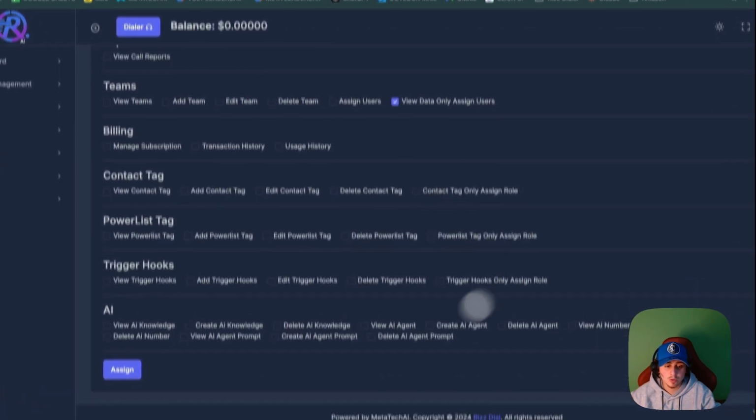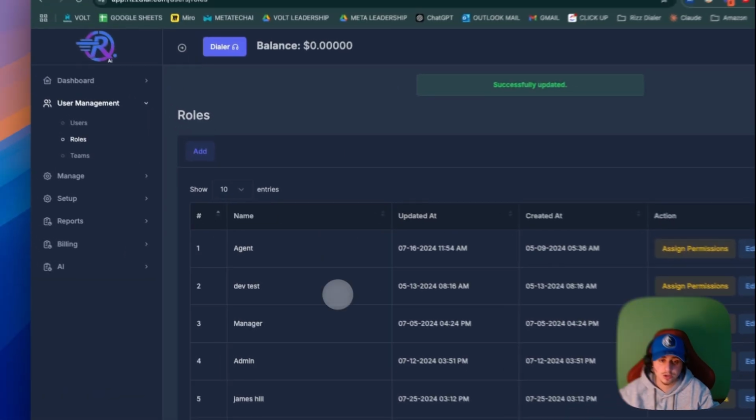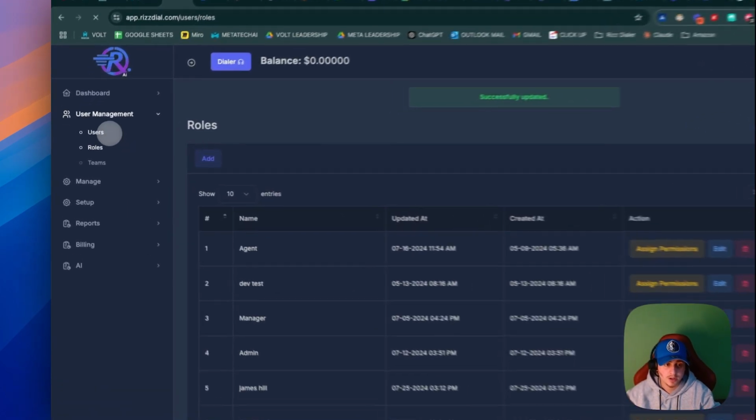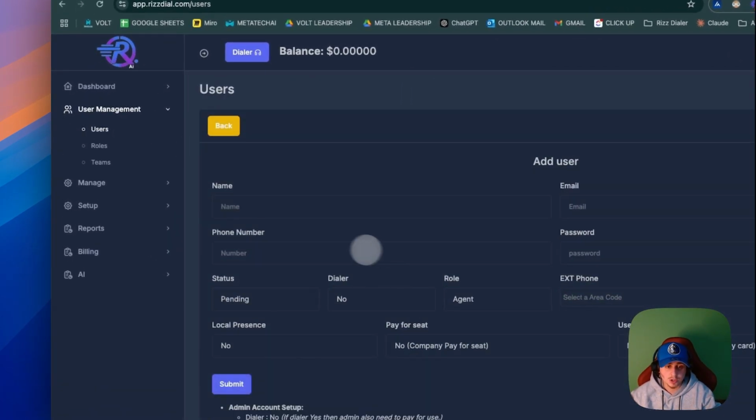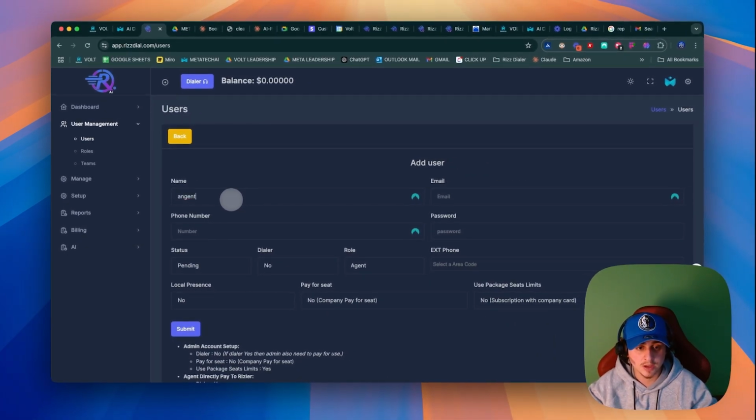As soon as we have that role, we will click assign. So the role is created successfully. Now we're going to create a user. So I'm going to come in here and I'm going to go to agent test. This is what I'm going to name this because that's the role that I gave to the,